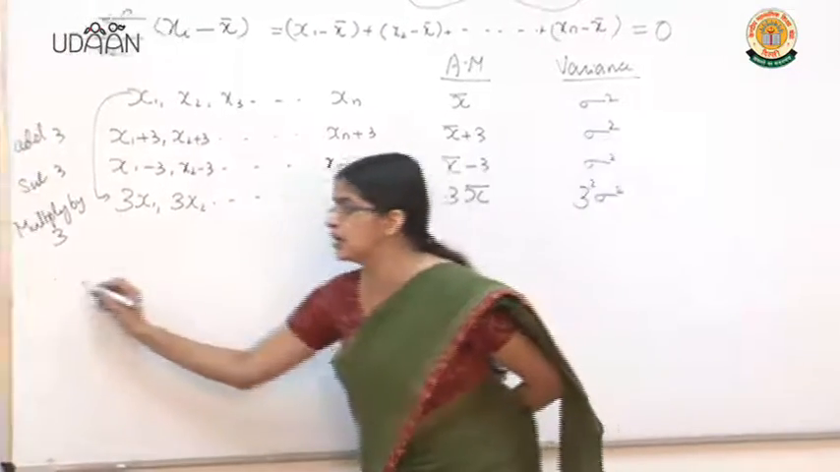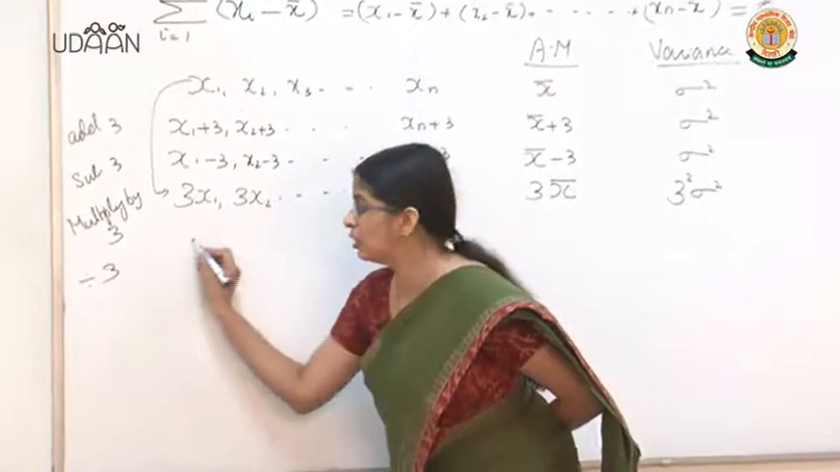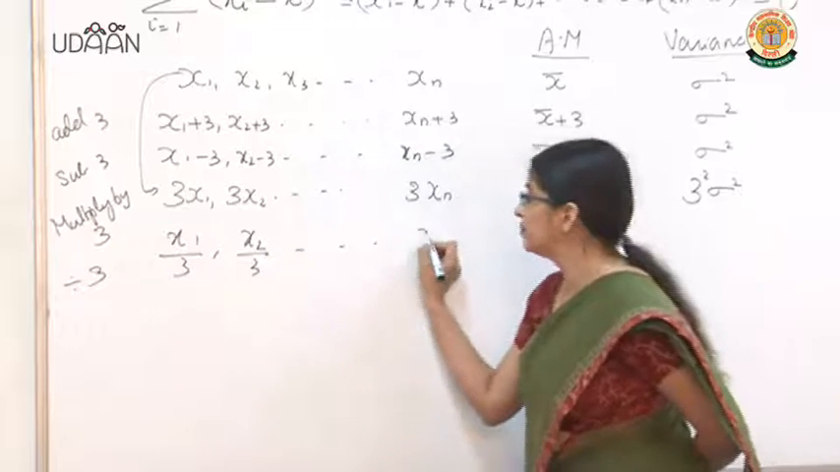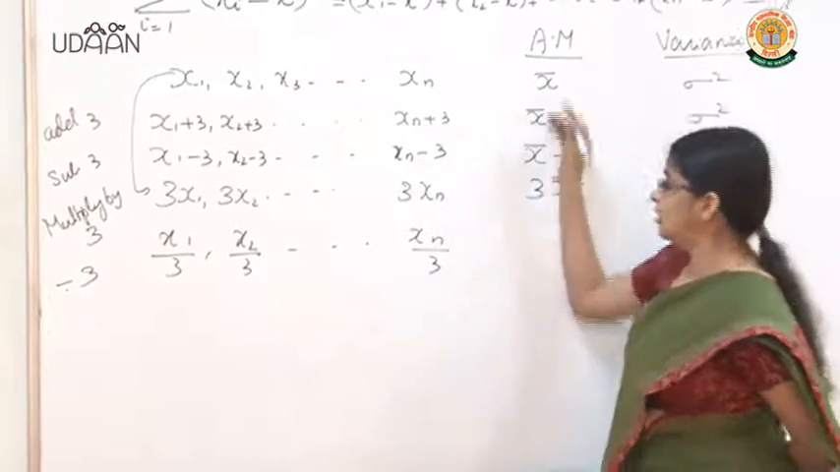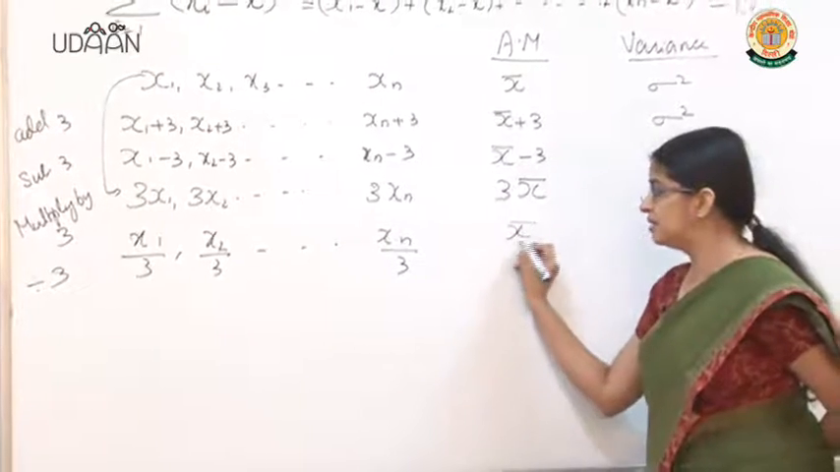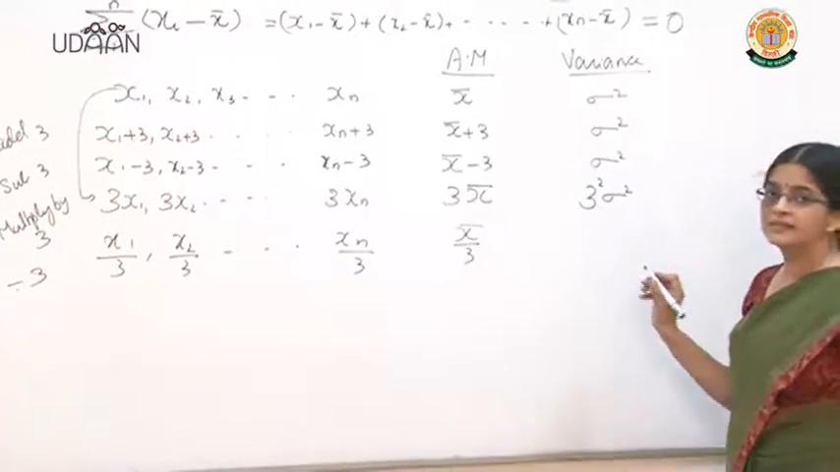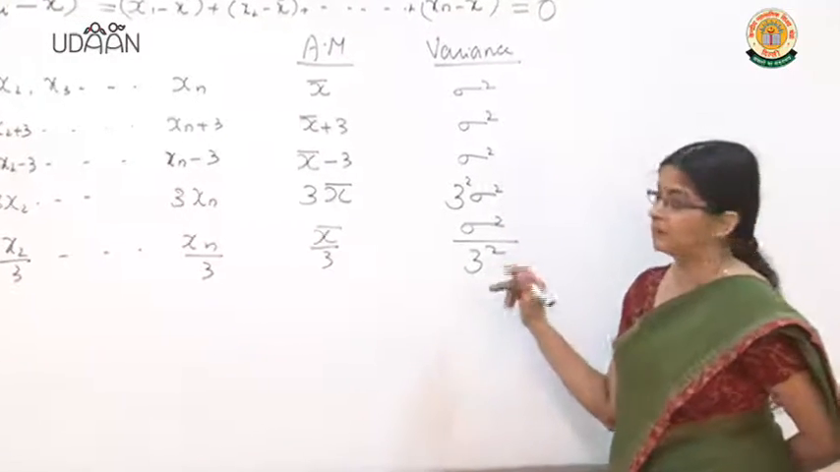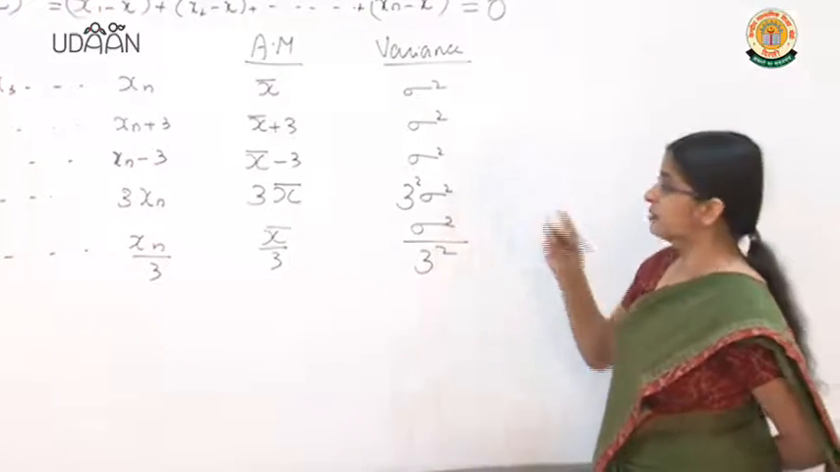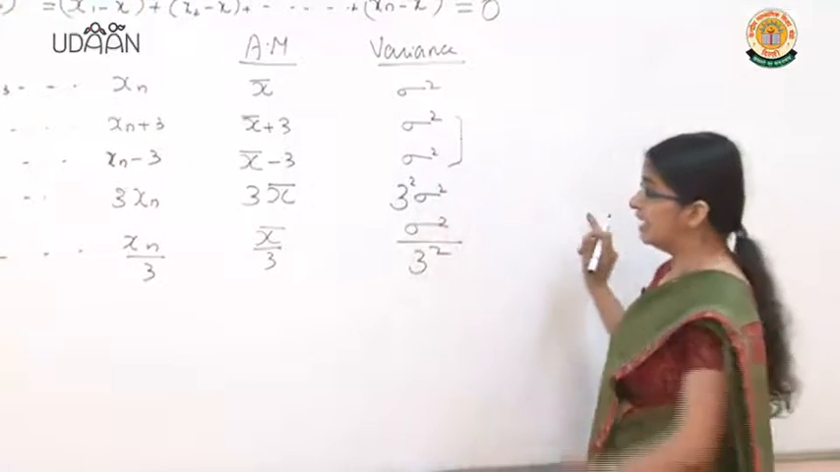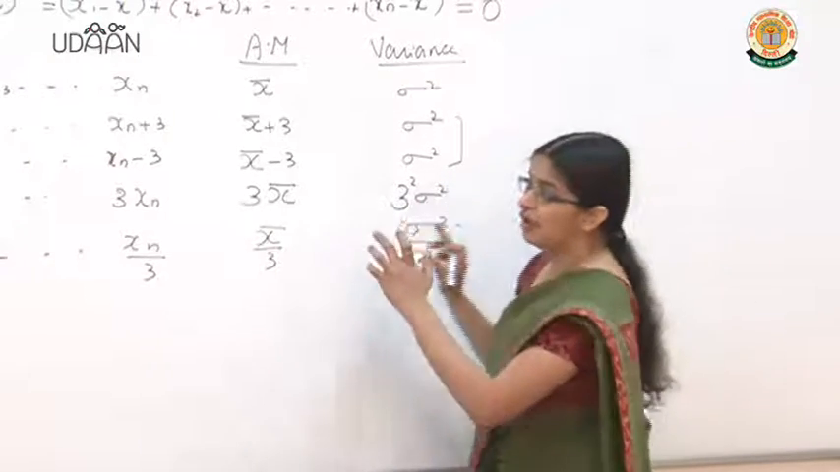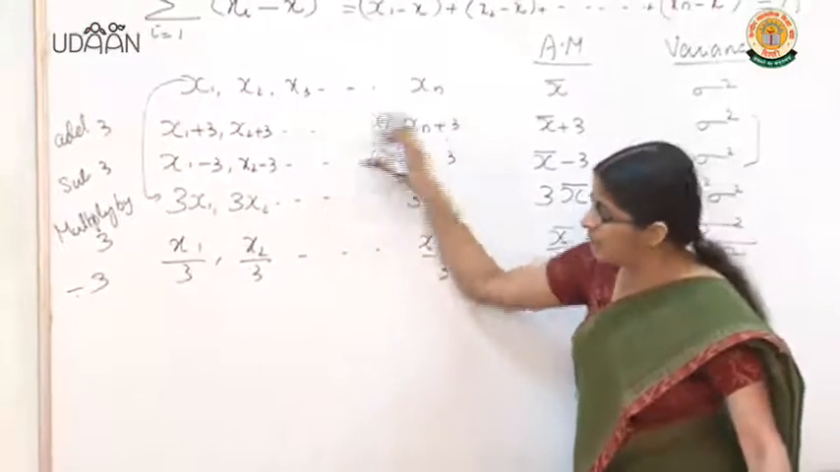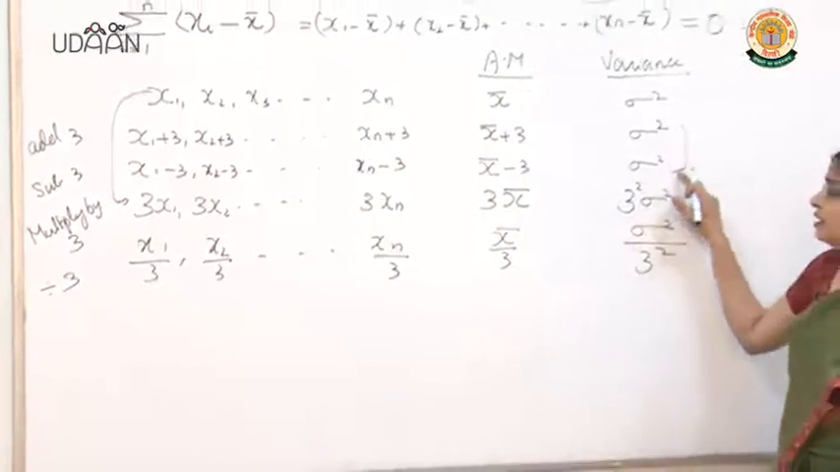Similarly, in the case of division, if you are dividing throughout by 3, x1 divided by 3, x2 divided by 3 etc. xn divided by 3, arithmetic mean x bar will be divided by 3, and what happens to the variance? It will be sigma square divided by 3 square. So what does it mean? Variance is invariant under shifting of origin, right? Plus 3, minus 3, if you add or subtract the same constant throughout, variance remains unchanged